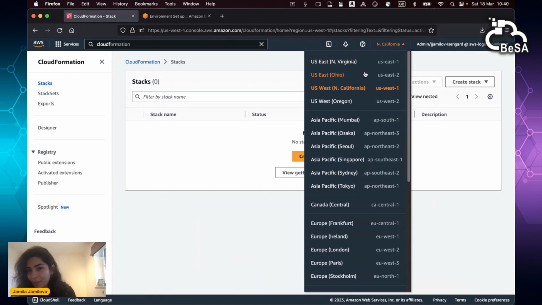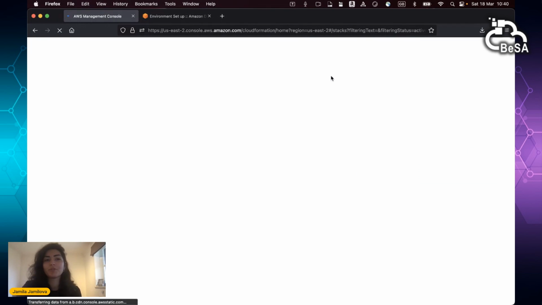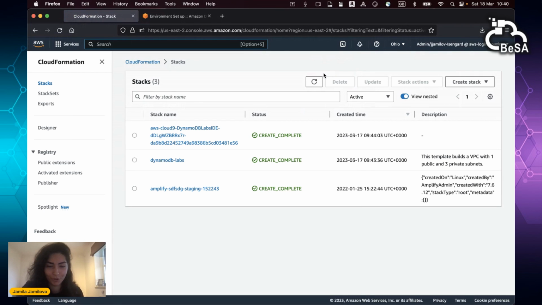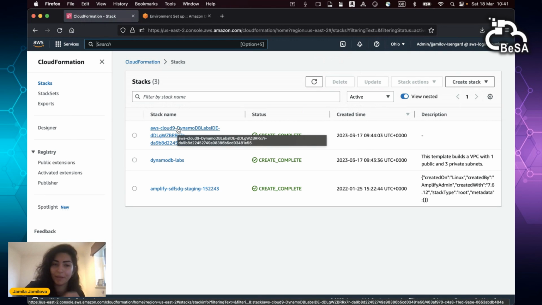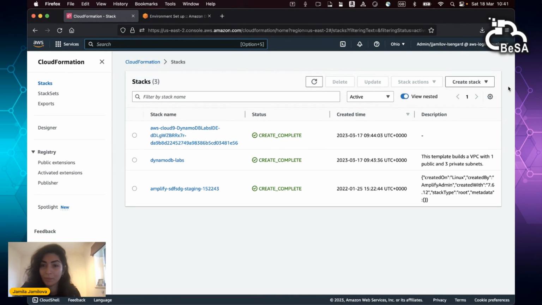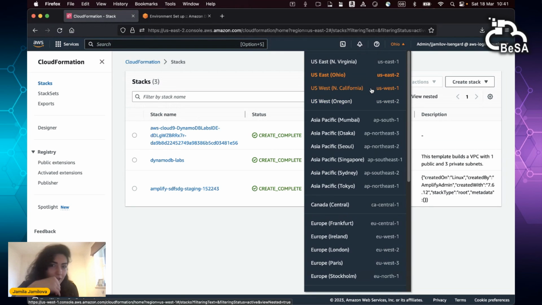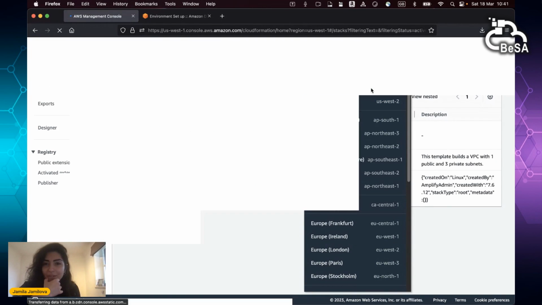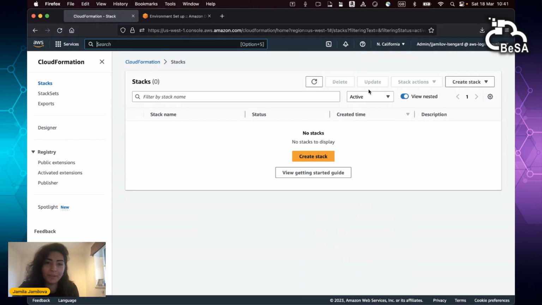Yesterday I went ahead and walked through the workshop just to make sure it is working, and what I'm going to talk about today. I uploaded the CloudFormation template here by creating a stack. We're going to do it as well, but this is just to show you how it's going to look at the end. I'm just going to change the region, just not to confuse you, in terms of setting up